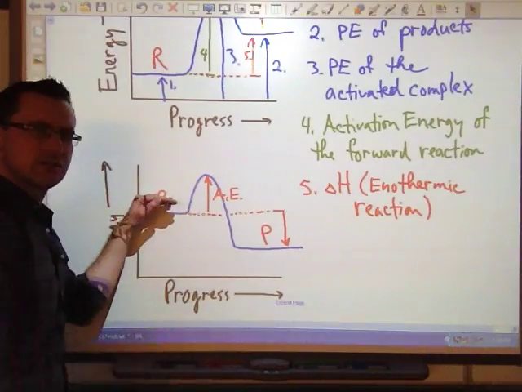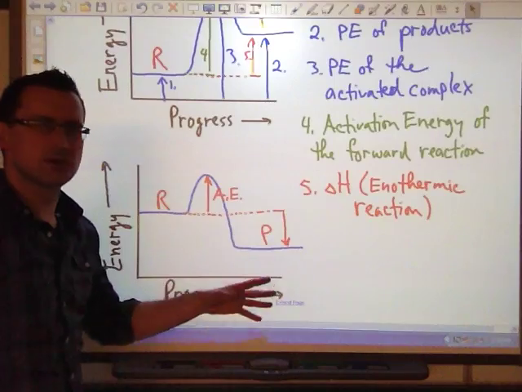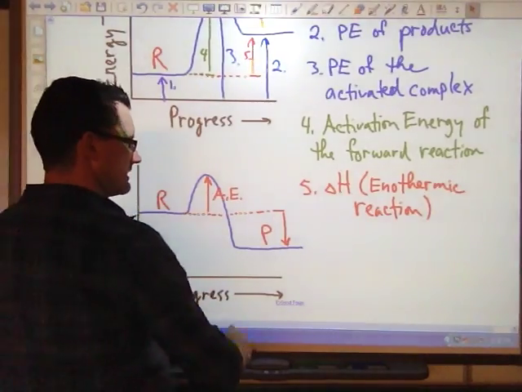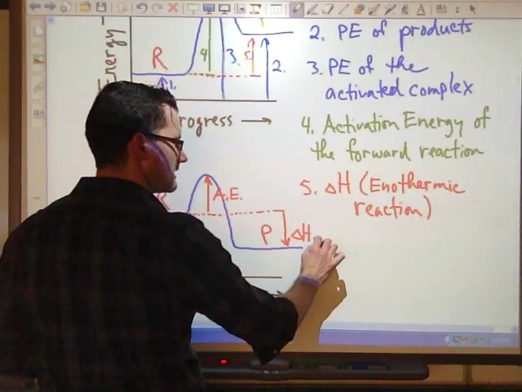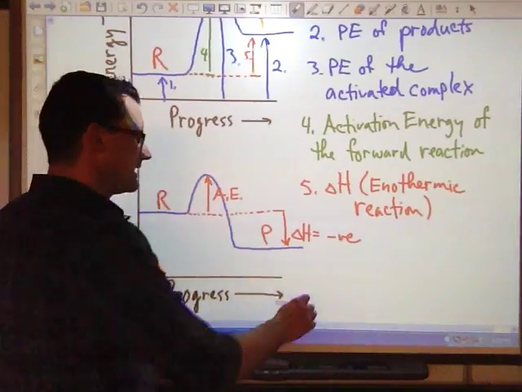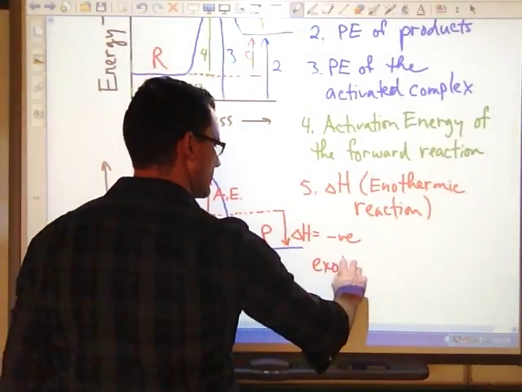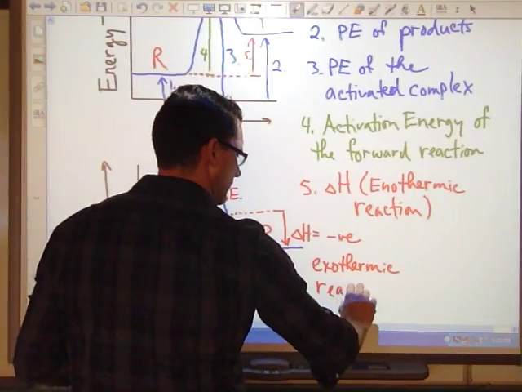So I have high energy reactants, lower energy products. I have this extra energy which is going to be released. And you can see that is a delta H. That's the enthalpy of reaction. In this case, it's negative. And of course, that implies an exothermic reaction